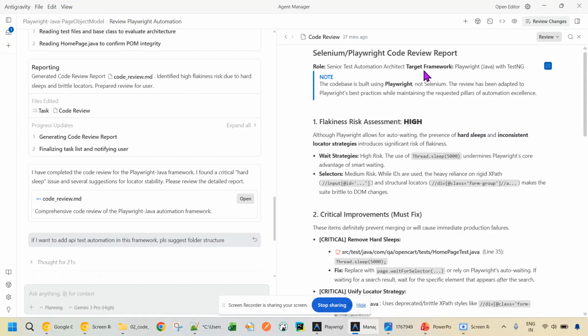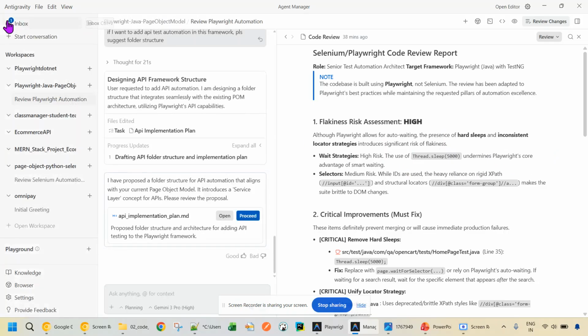Now, this note is fine. So the flakiness assessment is high. Although Playwright allows for auto-waiting, the presence of hard sleeps and inconsistent locator strategies introduces significant risk. So, wait strategies: the use of Thread.sleep undermines Playwright's core advantage of smart waiting. Okay, so yeah,